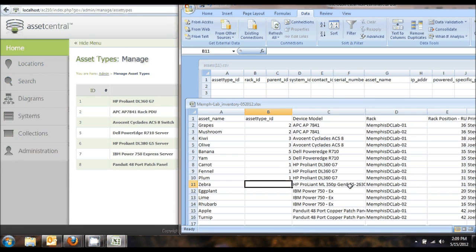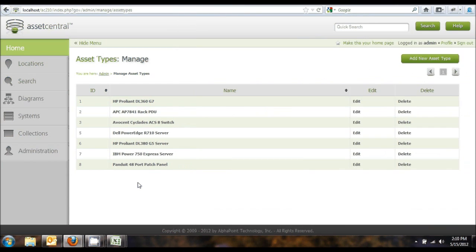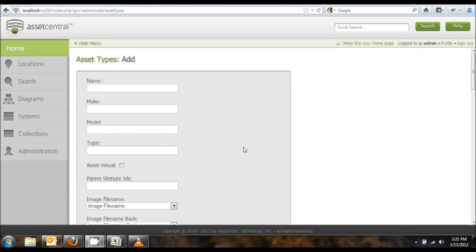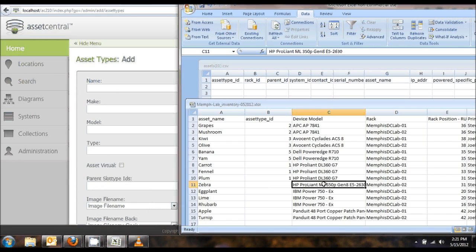and for this one, the ProLiant 350p, we don't have an asset type for this in our asset type library right this second. So what I'm going to have to do is, before I import this, create this asset type. So I'm going to go to add new asset, or rather add new asset type. So I'm adding a new asset type for the HP ProLiant ML 350p G8